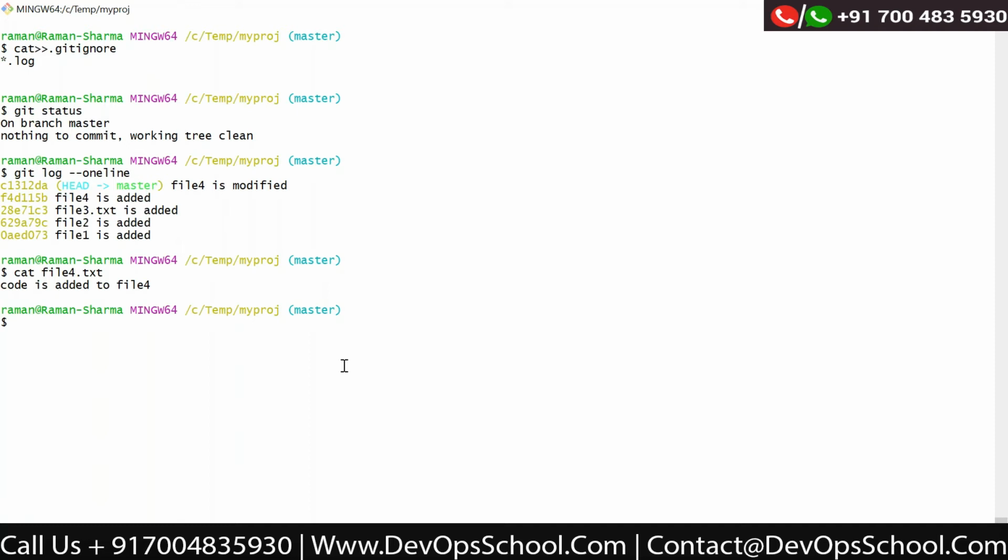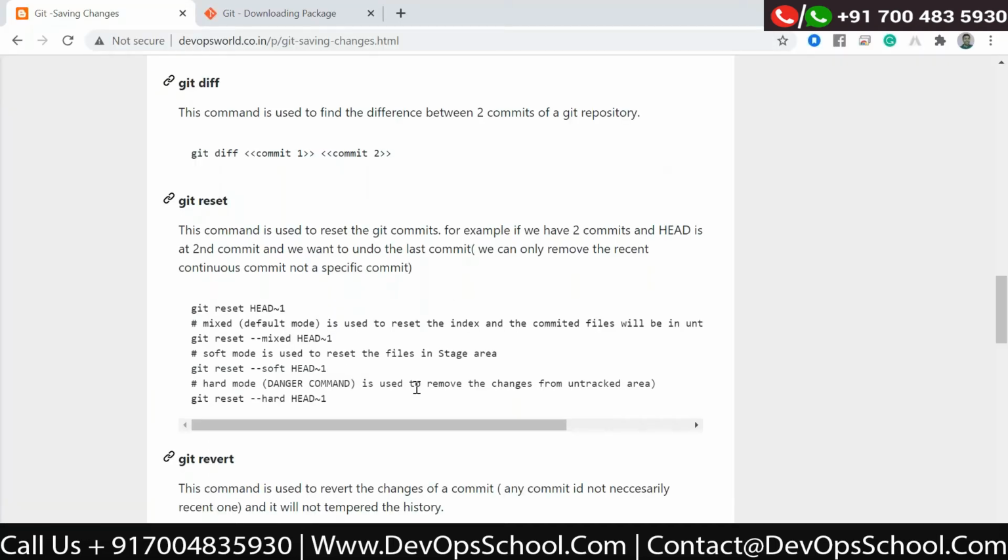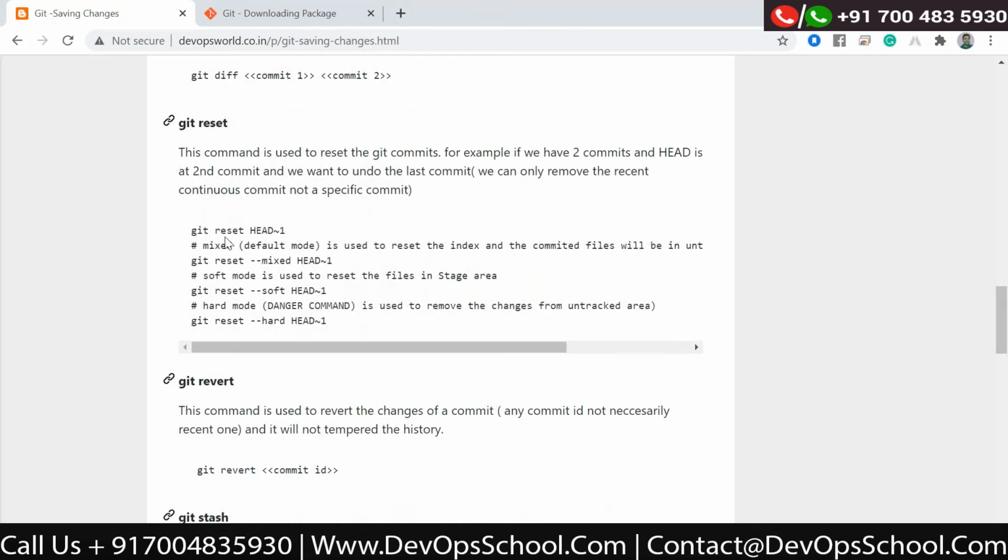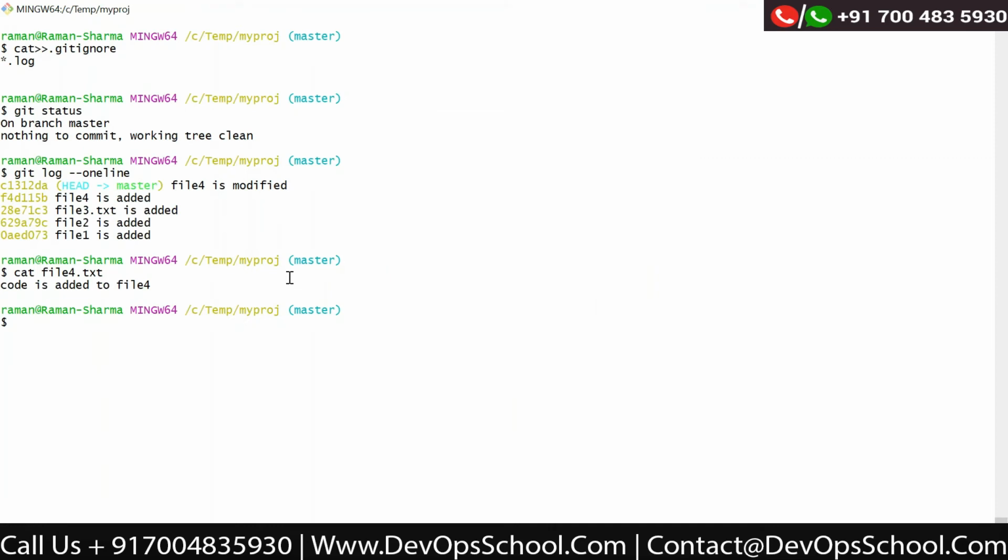Then I will use the reset command. If you want to reset a commit, you need to use the reset command. There are three types of reset: one is mixed, one is soft, and the third is hard. Now let us try with reset. By default, it is mixed mode. Let me take a new example here.